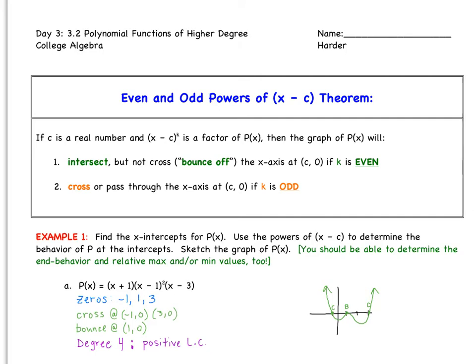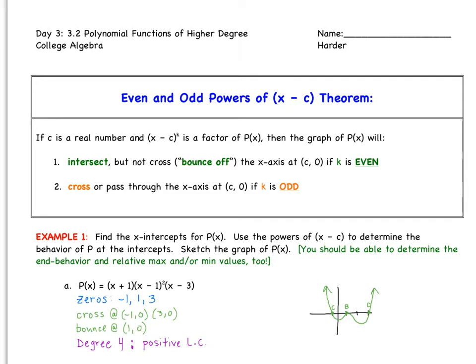Welcome to day 3.2, polynomial functions of higher degree. So what we're going to do is look at sketching some possible graphs of polynomials, all right? And we're going to start talking about the end behavior and the behavior at the zeros. We're going to talk about even and odd powers of factors, x minus c, and